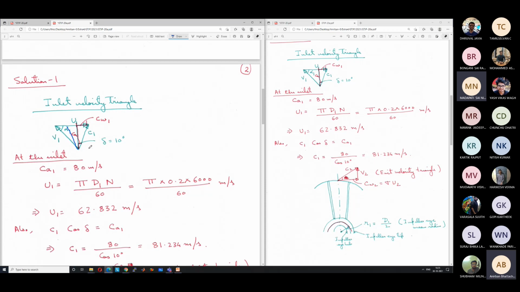No, that is by definition. For the inlet guide vane, if we say that delta is positive, it means that it is in this direction. If we had said that delta is minus 10 degree, or the inlet guide vanes give an angle in the negative direction, then only you would have assumed like this. Otherwise, always assume this direction. It is a convention.